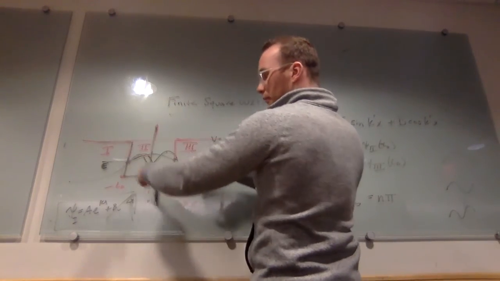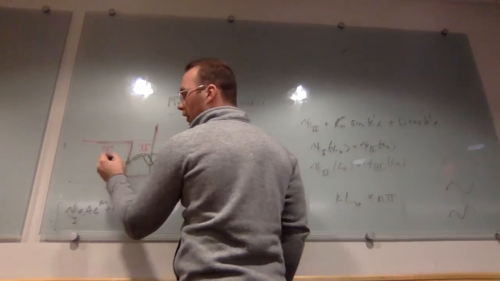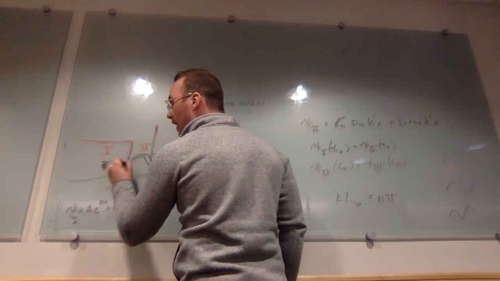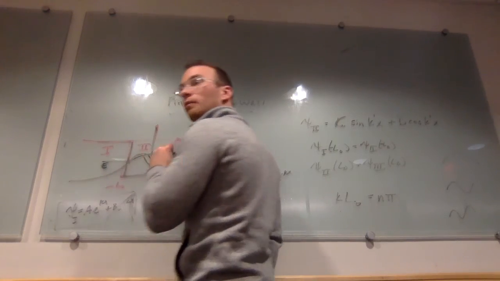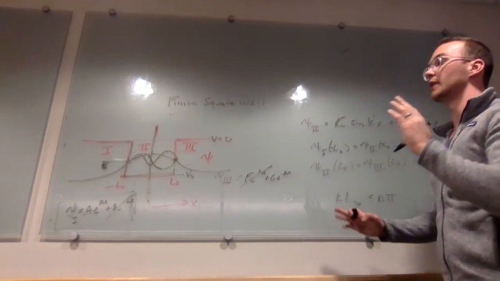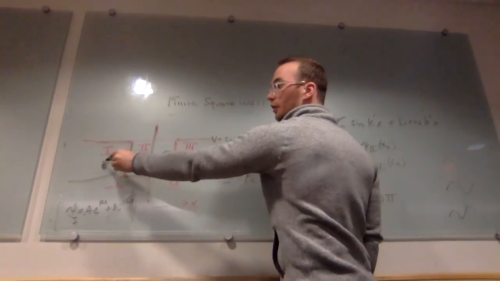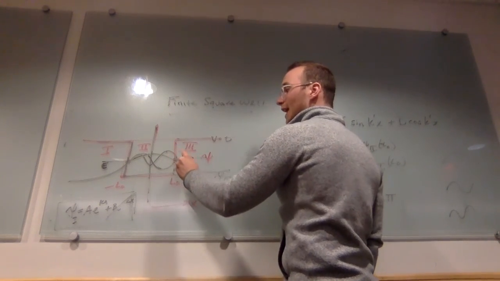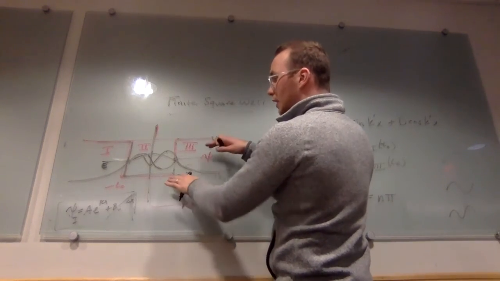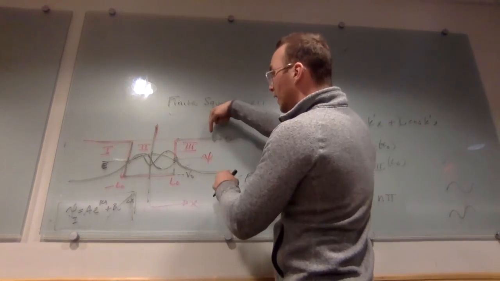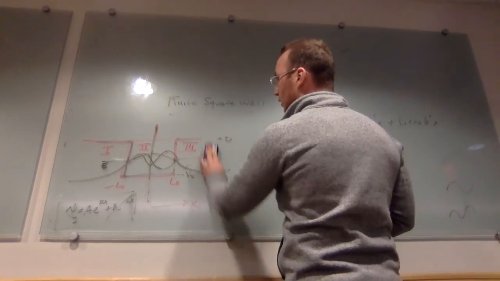Finite because the potential doesn't go, it's not like these are infinite walls, and we know it's different than the infinite one because the wave function doesn't go to 0 immediately, it decays to 0 as you get outside, because at this point the potential actually has more energy than the particle does, than the wave function does, so it decays to 0, obviously dependent on the difference in energy. Now, if you can imagine, let's say we had this wave function in this state, and it's just sitting there, and we drilled a hole right here,